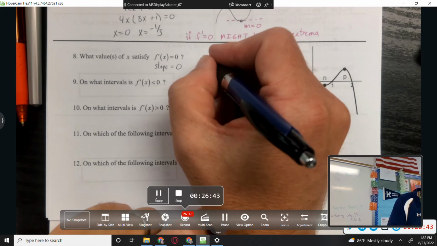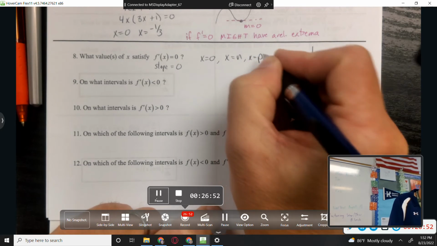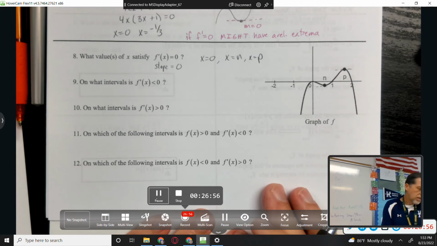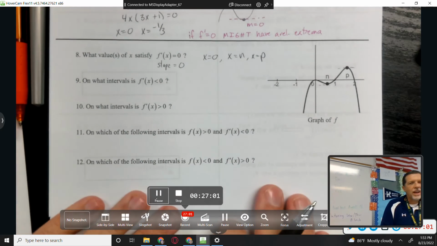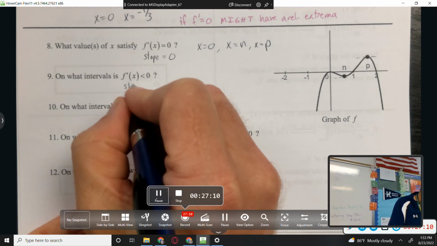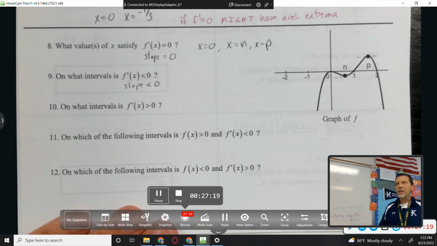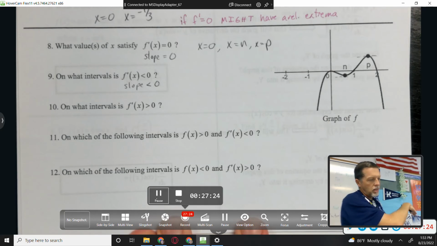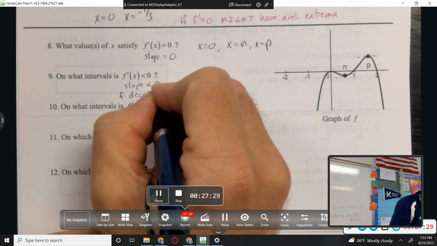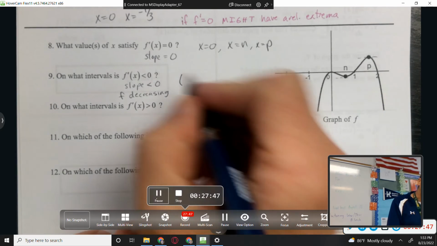I would say x equals 0, x equals n, whatever that is, and x equals p. Okay, now we're going to be doing this kind of stuff all year. On what intervals is f prime less than 0? So let's see, that means slope is less than 0. Negative slope. What's the function doing if it has a negative slope? Going down. So that would mean f is decreasing. And that says interval, so not just a specific value, but an interval where f is decreasing. So that looks like it's going down from 0 to n, because we want the x values. So from 0 to n,